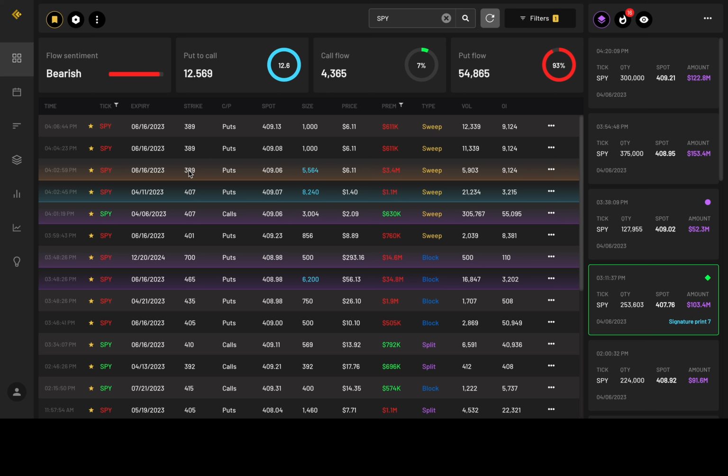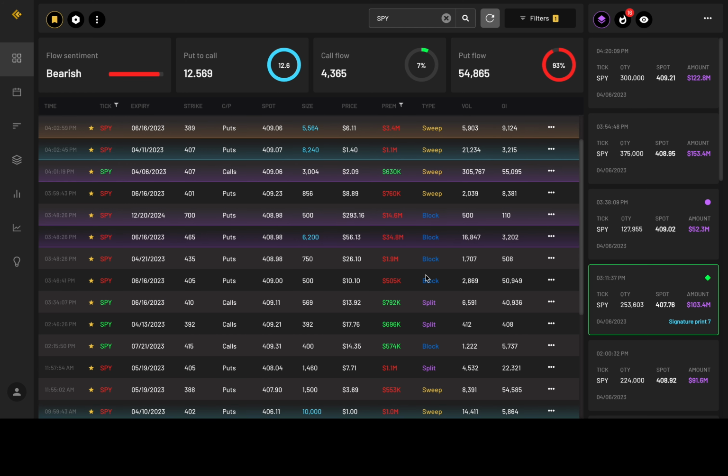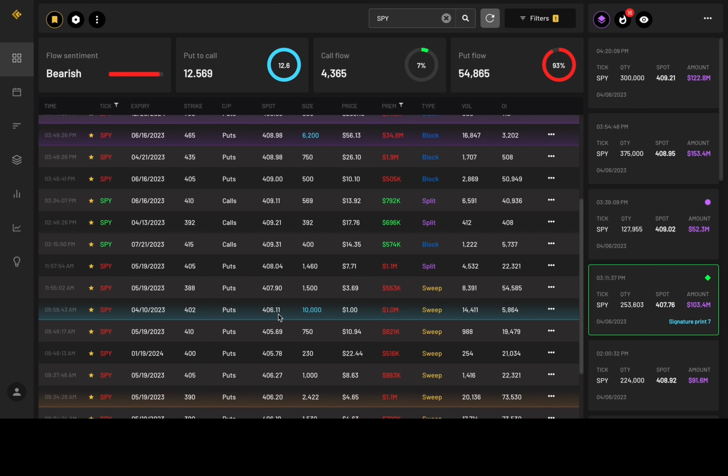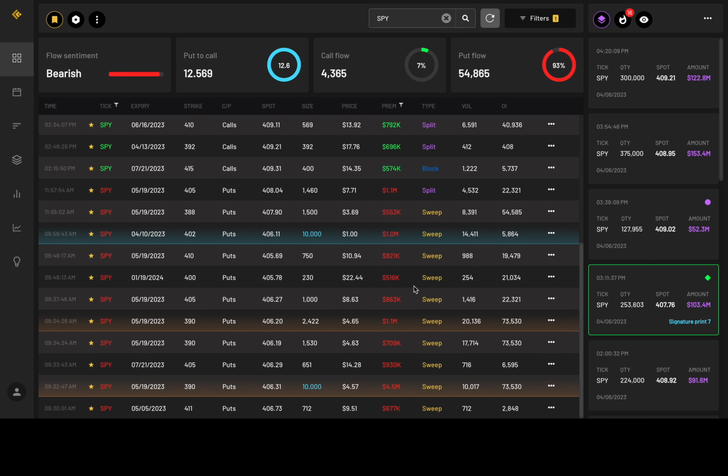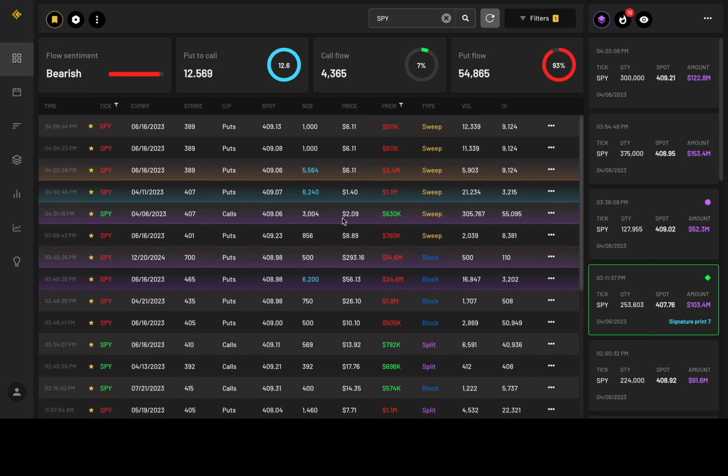This one also came in at 4:02 p.m. 389 strike price for puts, over 5,000 in size, over 3 million in premium. Okay, we're getting some more block orders here, and this one came at 9:59, so it came in the morning. They were puts. Okay, but yeah, overall puts, but these ones that came towards the end of the day, I'm assuming they're swings. Very interesting, especially this one, April 11 expiration date. What were they thinking?